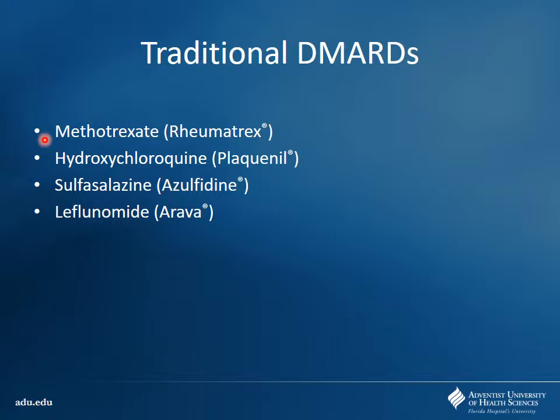It's a folate antagonist used for cancer. So what do you think of the doses between methotrexate for cancer versus for RA? I think it's lower or higher for RA? A lot lower, yeah. So typically you're going to see for autoimmune conditions, you're using a lot lower doses of